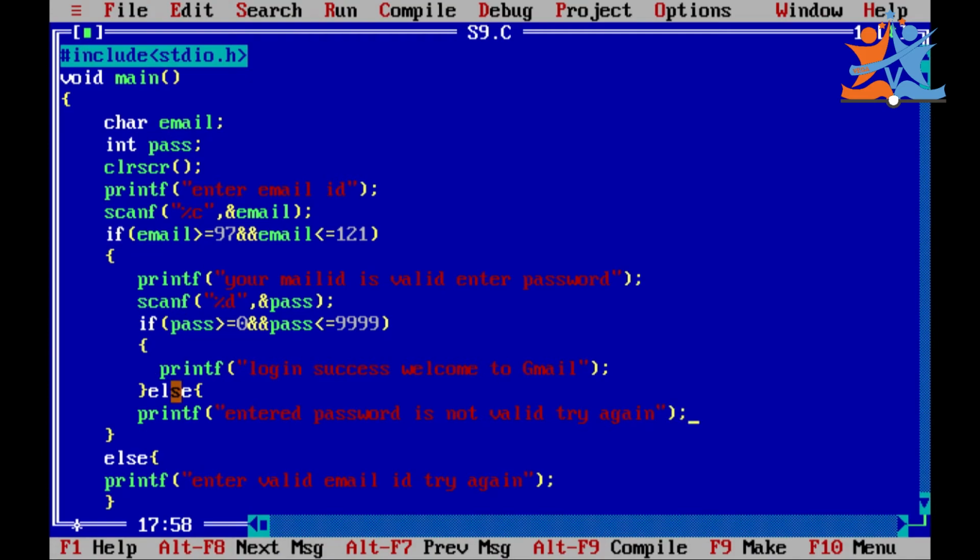We have it here also, so we take a not valid message to get good clarity: entered email ID is not valid, try again.